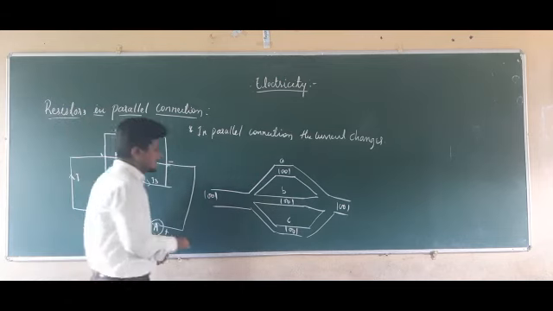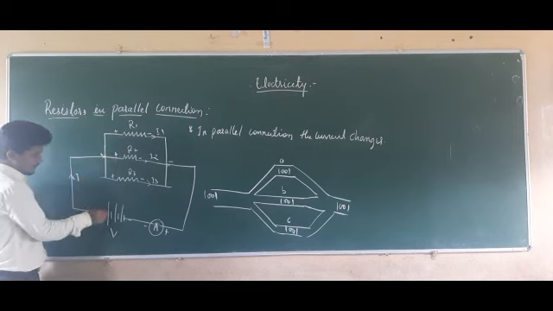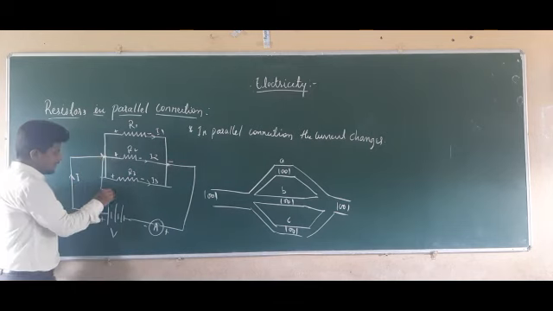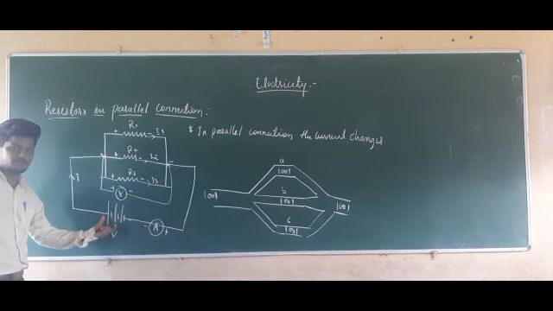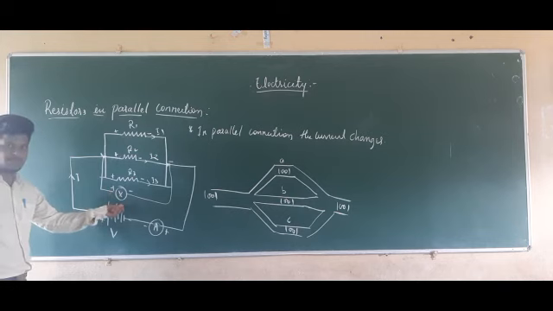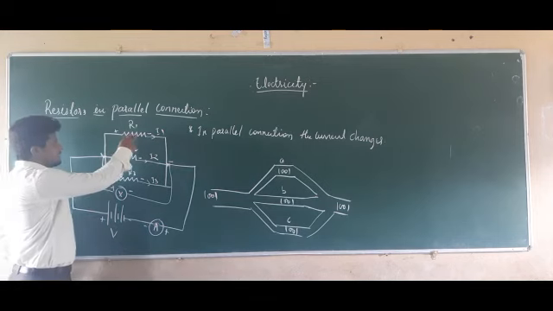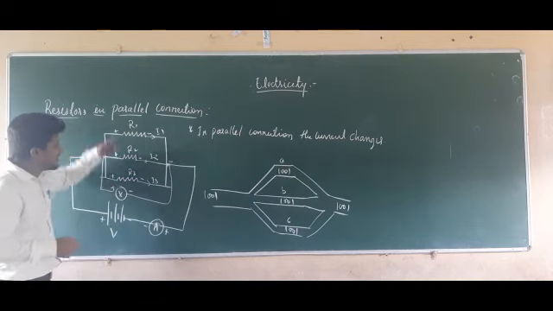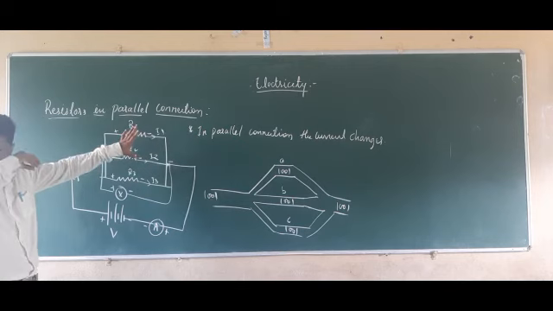In the same manner, consider the potential difference across these points. This is this point and this is this point. Let this be the voltmeter connected to this point. Whatever potential difference we have supplied here will be the same at this point and this point. In the same manner, if the three resistors R1, R2 and R3 are connected to the same points, then the voltage across this connection will remain the same.